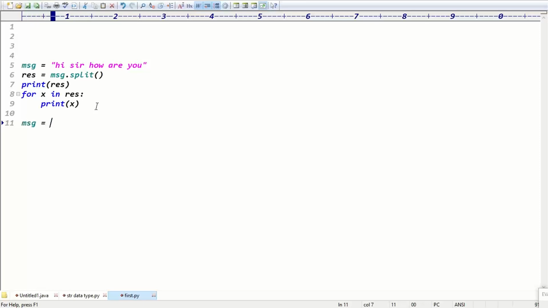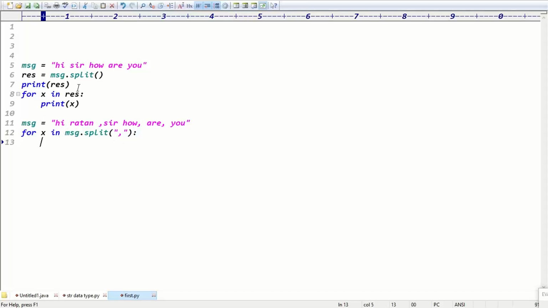Sir, I don't want the default splitting character. I want my own character. Hi, Ratan sir, how are you? I write the message like this, with a comma here. So I want to split the data using a comma separator. If you want to split the data using a comma separator, what do we have to do? We can use for x in message.split, and here I can give the splitting character, a comma. Previously, I took a variable and iterated it using a for loop. Now, without taking that variable, I can directly use for x in message.split. After splitting, the data will be placed here and repeated, right?